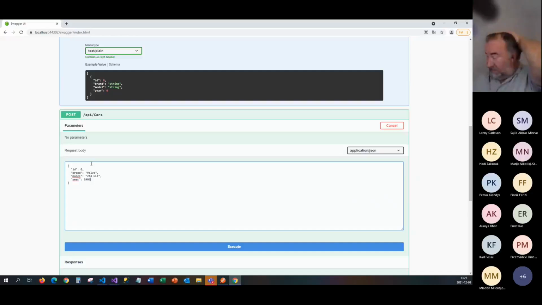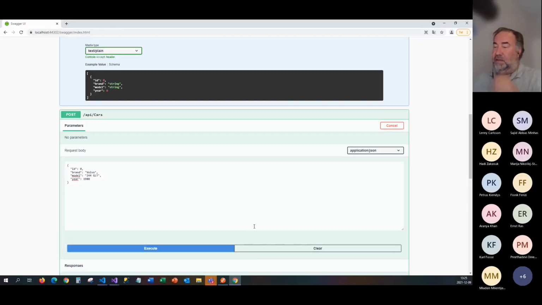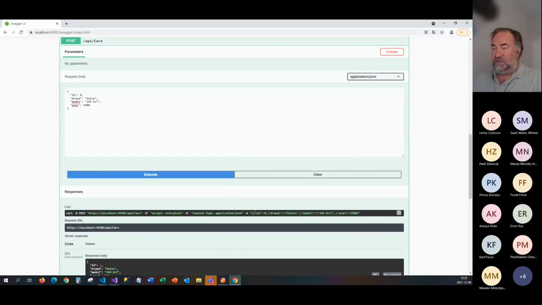The ID is not necessary actually, because its ID will be created on the server side. So we could try it actually, to see if this works. We added the Volvo 244 and the year. So if I do execute here,